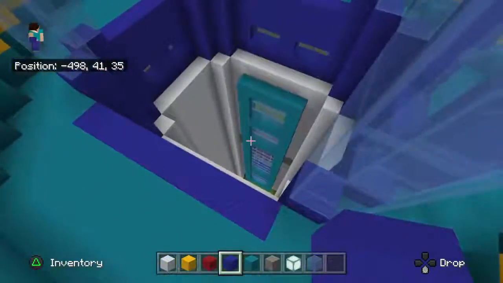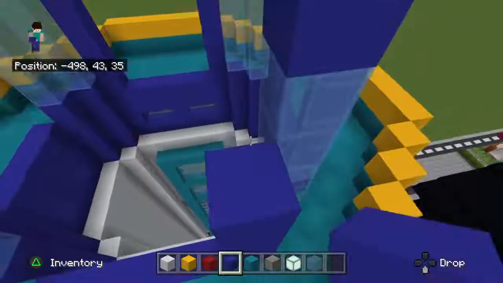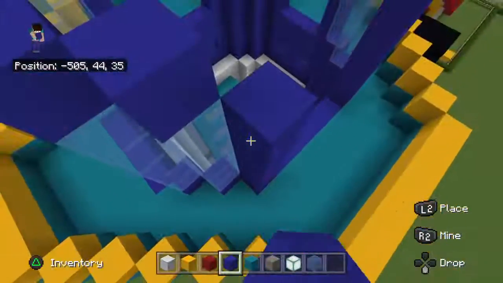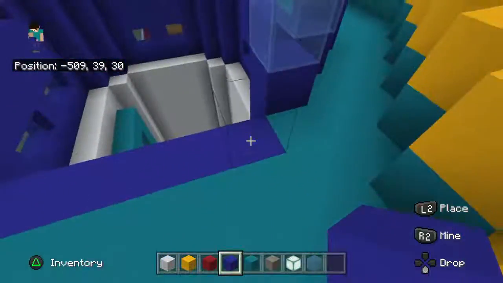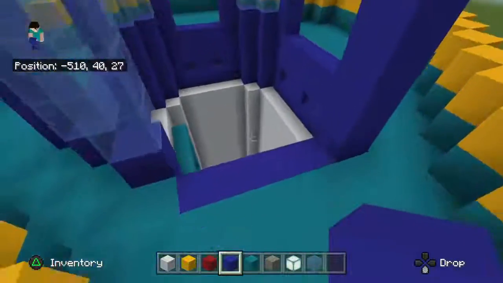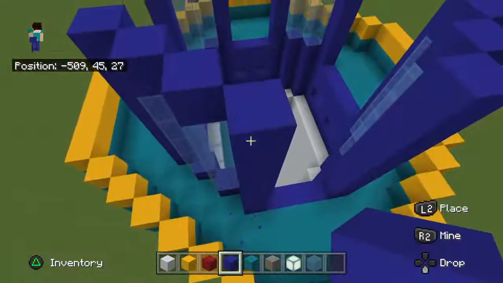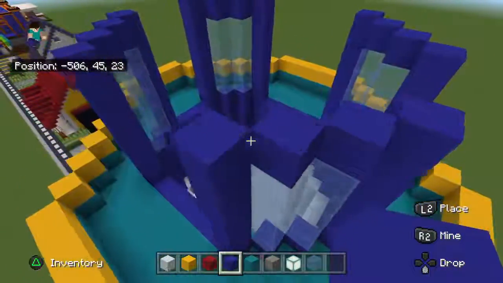You want to do the same thing, rows of blue concrete spanning from the top to the bottom, coming all the way up in a full extension like this. Then you want to add, in between the rows that you've just made, you actually want to come out by one diagonally